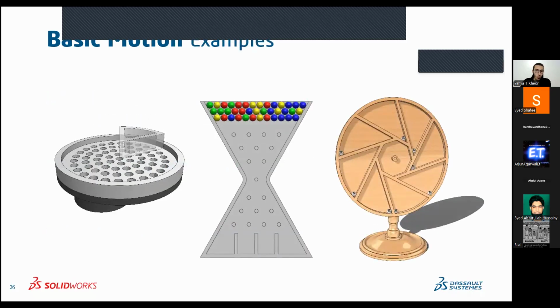Now, what I showed you earlier, it was ways of creating something that can be created inside of animations or created inside of basic motion. But there are other cases where you can only create it inside of basic motion. There is no way to do it inside of animation. Okay, so for example,